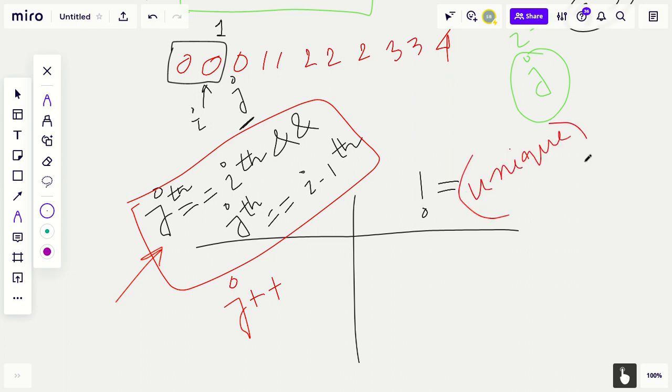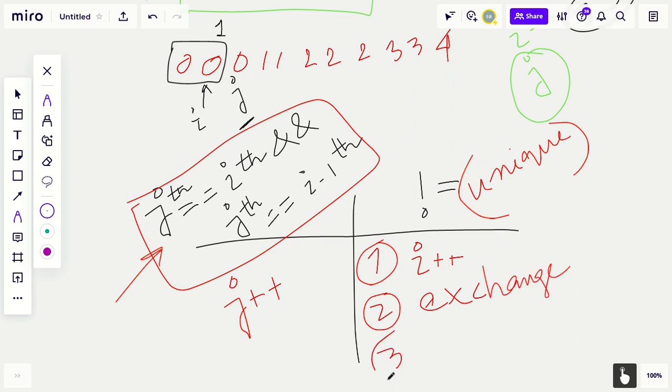So the first step was to increment i, then exchange, then increment j once more. Okay, so let's see in action how it happens.